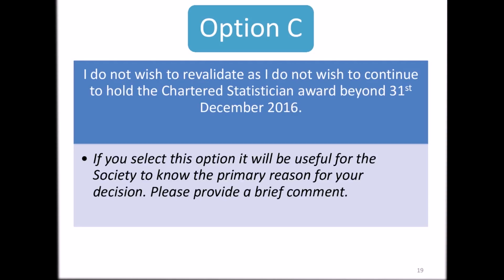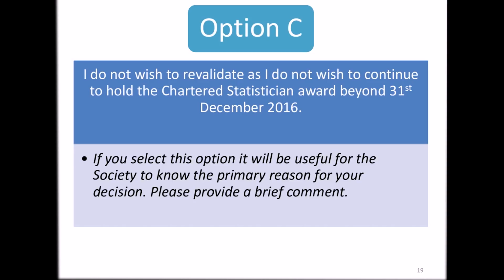Okay, slide 19 describes option C and is as indicated on this slide. This is the option where you're indicating that you do not wish to revalidate and so you do not wish to continue to hold the Chartered Statistician Award beyond the end of the year. And we do ask that if you select this option, you provide the Society with your primary reason for the decision. Just a brief comment is required.